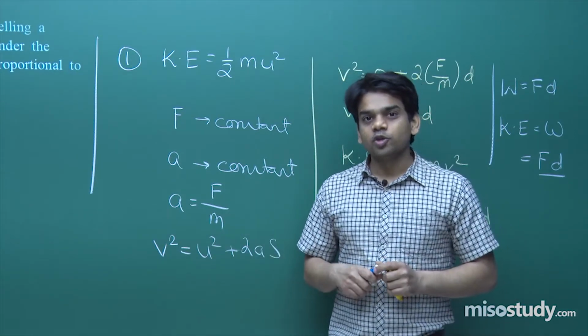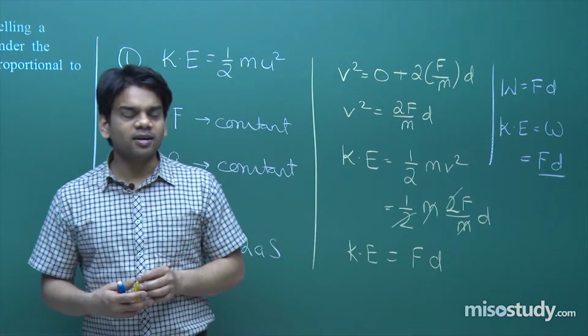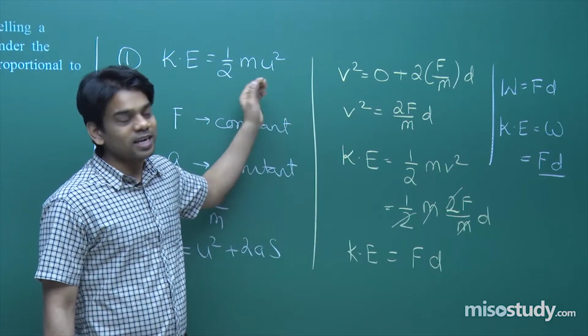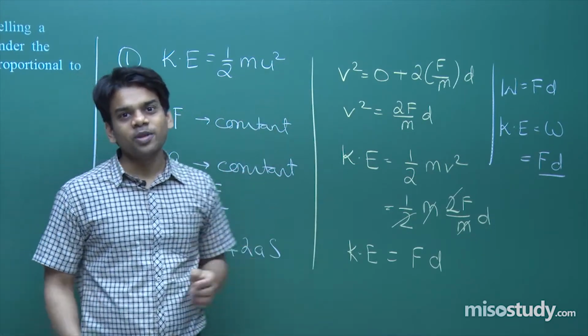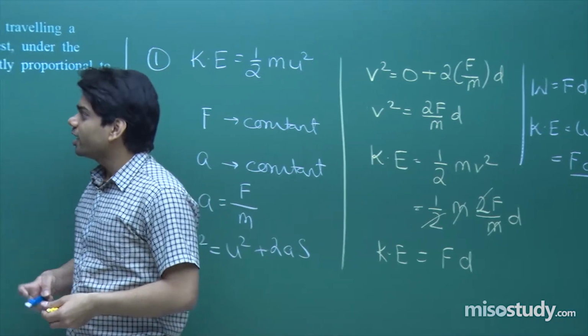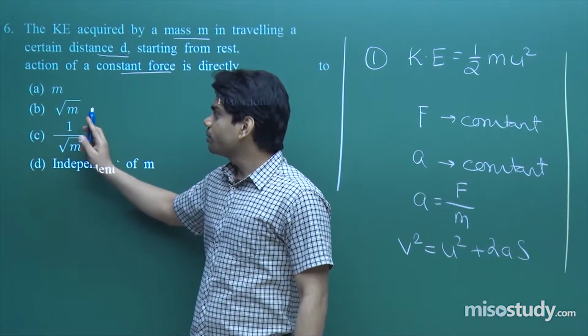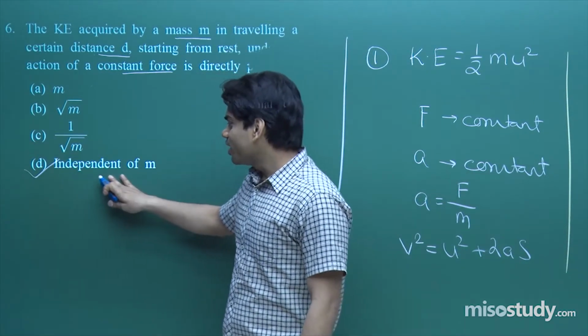M. So in this way you can reach the answer, or you can apply the elaborate method for your understanding and learning, but don't use the illegitimate one, this is incorrect, and don't say that it's directly proportional to M. So let's go with the options. A, directly proportional to M, most of the students will mark this, but this is incorrect. Root M incorrect, 1 upon root M incorrect, independent of M. This is a very different option.